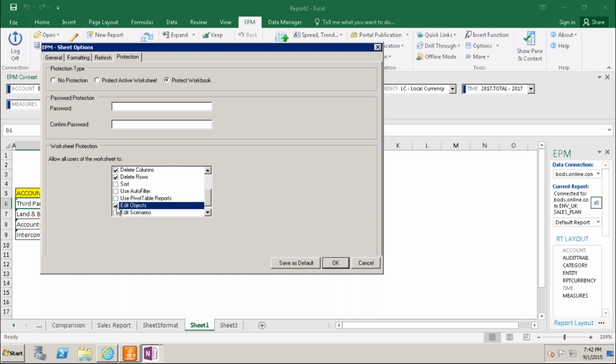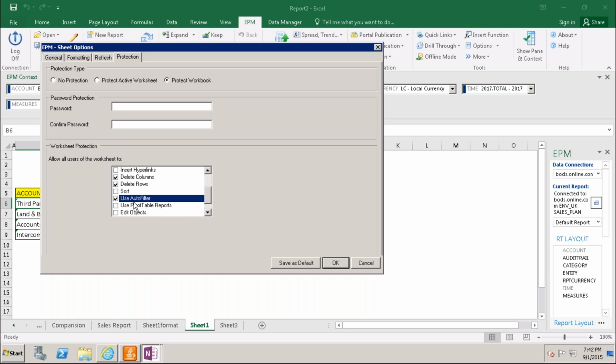So this is wherever we need. These are all Excel related things, worksheet related things. Wherever we need, we can go and select. Then wherever we are selecting, those selected options will work on the protected one.